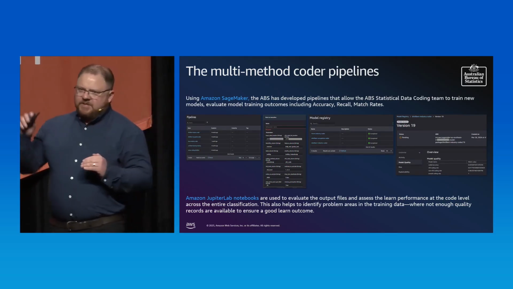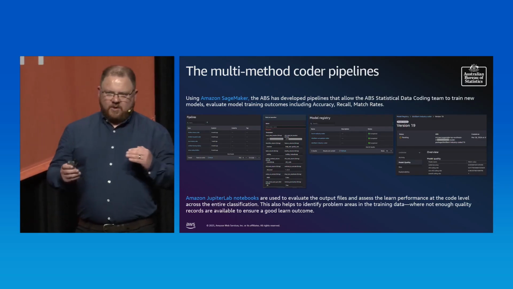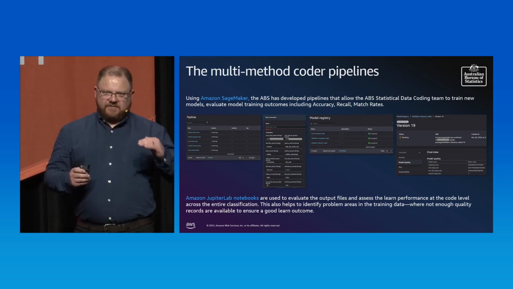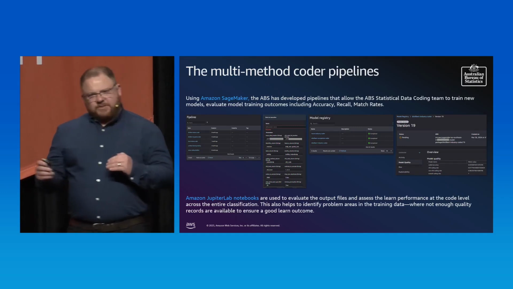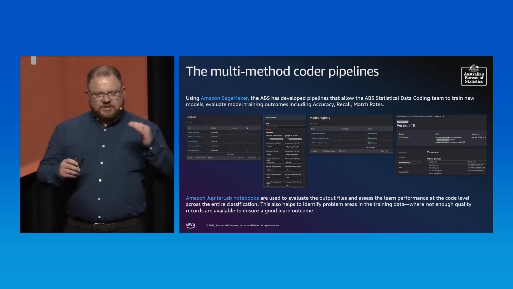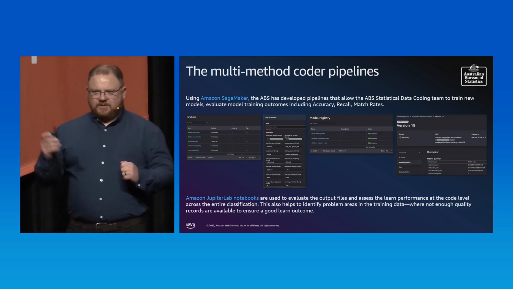The machine learning metrics provide a good guide for how well it's learnt, but they don't tell us how well that model is going to be able to code to each of the different levels in those classification structure. So we use our notebooks to do testing of the model to ensure that it's doing exactly what we want it to do at the granular level before we go through and deploy it for use.